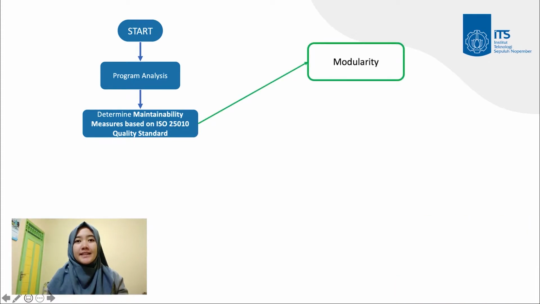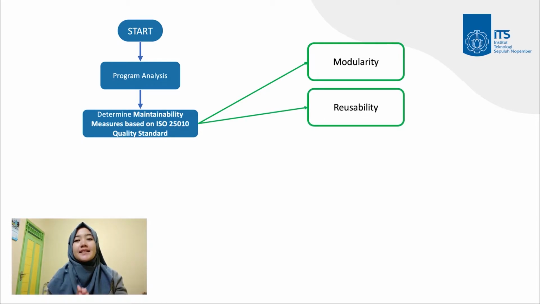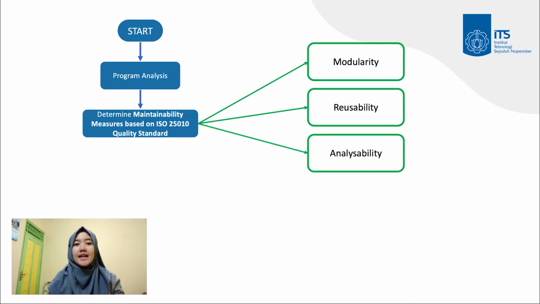Modularity is a quality that can be used to measure how far the change of a component in a system only has a small effect on other components. And then reusability is a quality that can be used to measure the ability of a system to be reused on a different system. And then analyzability is a quality that can be used to measure how far a system